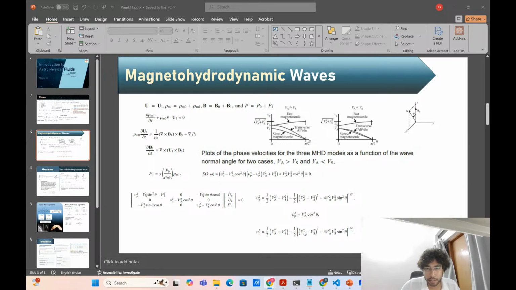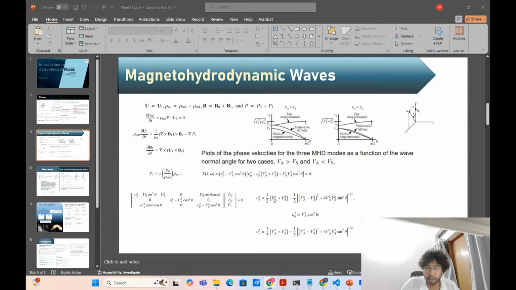this will be the VS square and the VS square cancels, so this will be VS square, right? And at theta equals 0, you have VA. The solution will be VA, and similarly, the Alfvén wave also will have magnitude VA at theta equals 0. And since VA is greater than VS, this will be the fast solution. The plus solution will give the fast magnetosonic solution, whereas it will be reversed in case of VA less than VS,